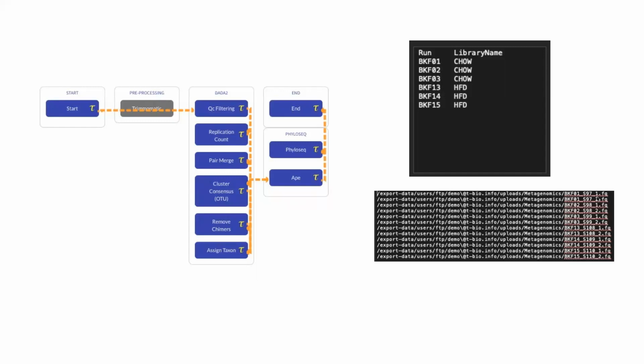Right, exactly. So every time that we want to make sure that we have good data, that's the way to check, is that it's going to have _1 and 2. The other thing that we need is this description of what are the names. So you can see that BKF01 is BKF01, right? So that's just the name of that sample and the library name. Now this right here could change, and that's why I have another example for you to try out.